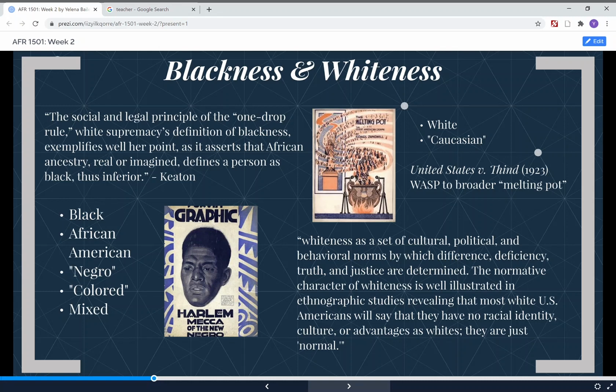So all that to say that often when we talk about race in this country, and Blackness and whiteness in particular, we always have to think about these in relationship to one another. So I wanted to go over some of these terms because I think it would be a disservice to you if I didn't at least make sure we had a shared knowledge of what we mean when we say Black, African American, or when we look at historical terms like Negro, colored, other things like that.